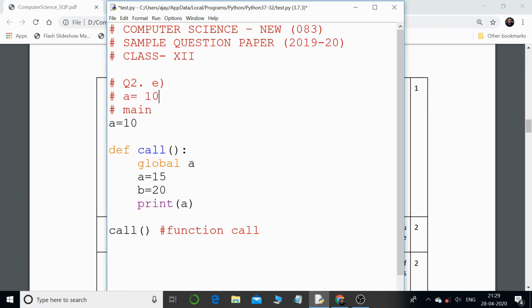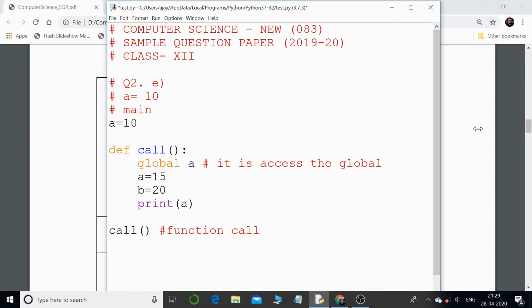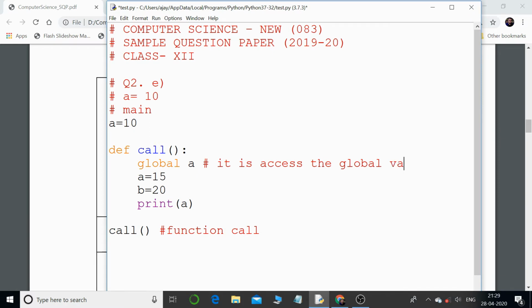And now there is a call to the function, and the first line of code says global a. Now the meaning of this is that Python is going to access the global variable a.